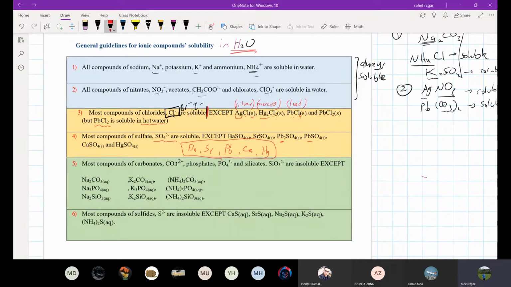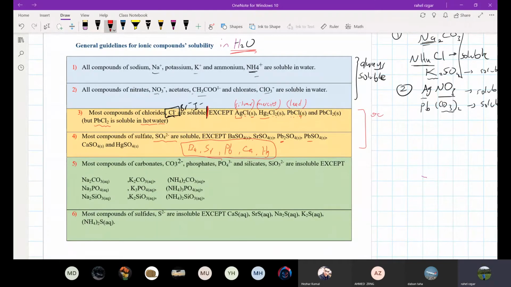So, reacting with, or having with each one of them, for example, sulfate with barium, insoluble. Sulfate with strontium, insoluble. Sulfate with lead, any lead, lead 2 or 4, insoluble. With calcium, insoluble. With mercury, insoluble. All right. So these 2 rules, we can say